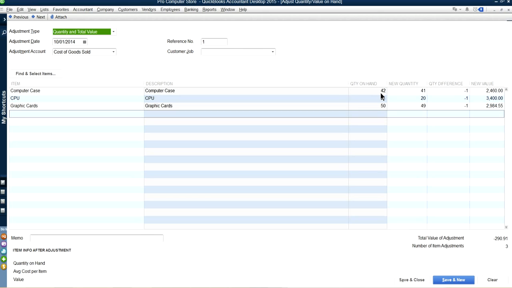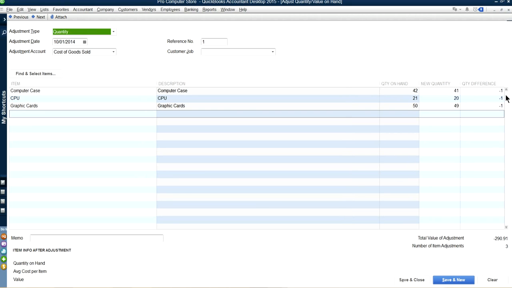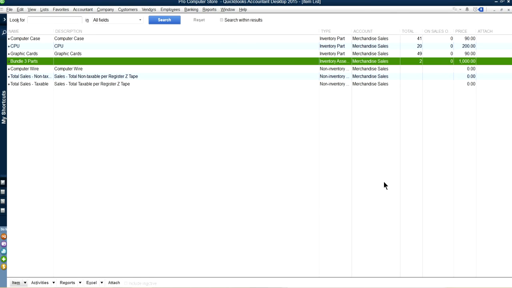Let's say the price went up on this one, but you still have to do it on your cost basis. So you can't mark up until you sell it. So you haven't sold anything in here, but the cost is your cost. So you don't want to do anything in here. So basically, you just do the quantity and it automatically calculates your value adjustment. So just save and close. As you can see here, the quantity went down, and so it was a write-off to your cost of goods sold account. So what we've got here,